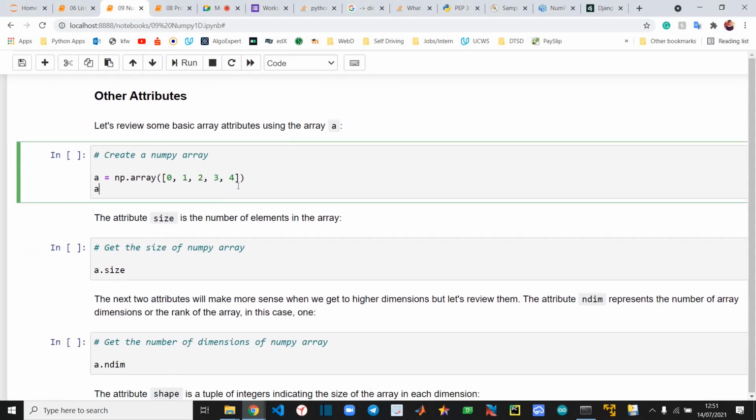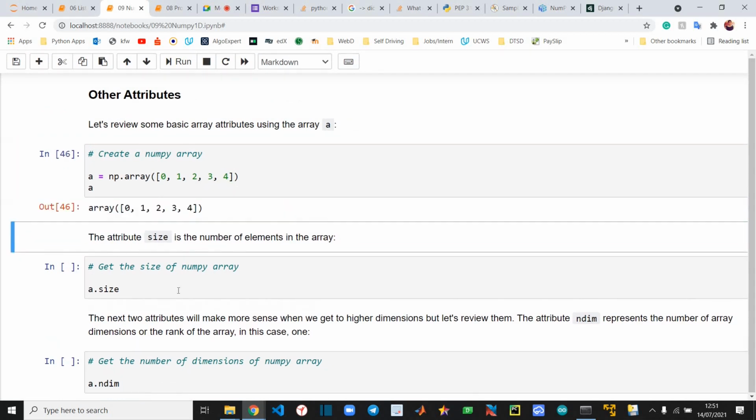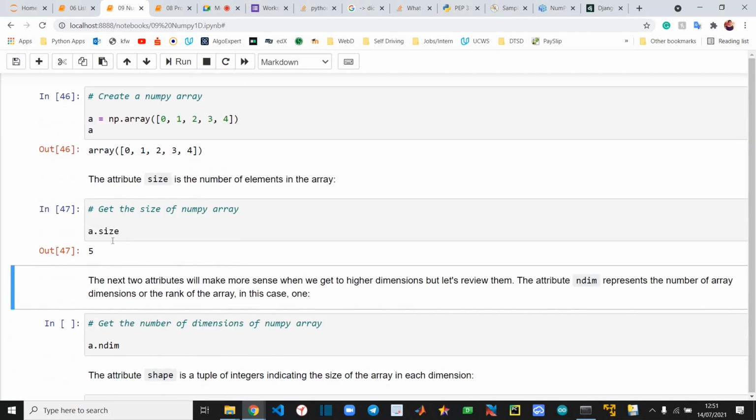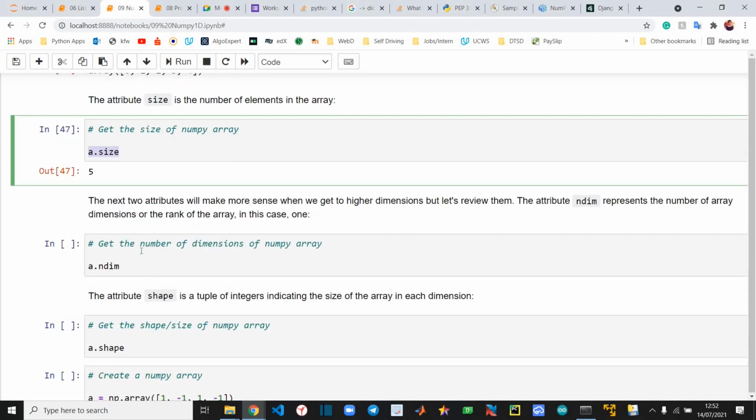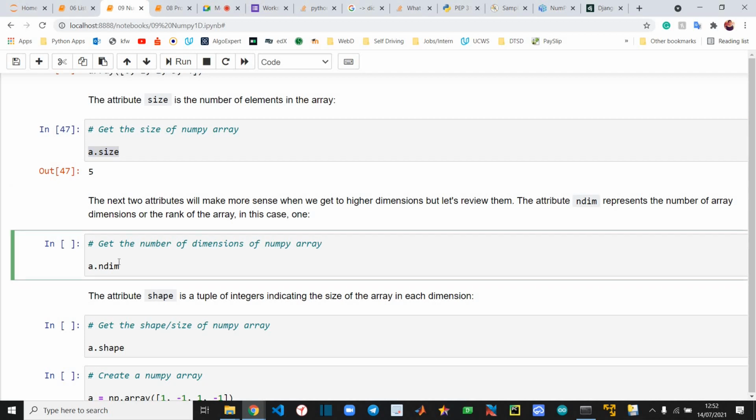Now we have this NumPy array. We can get its size. Its size is 5. These come in really handy because when you will be working with images, you will be using this size. And right now, I'll say it again. This is just the introduction so that we can use it tomorrow and the day after tomorrow. This is just an introduction so that you are not surprised at that time. Oh my God, what is this?